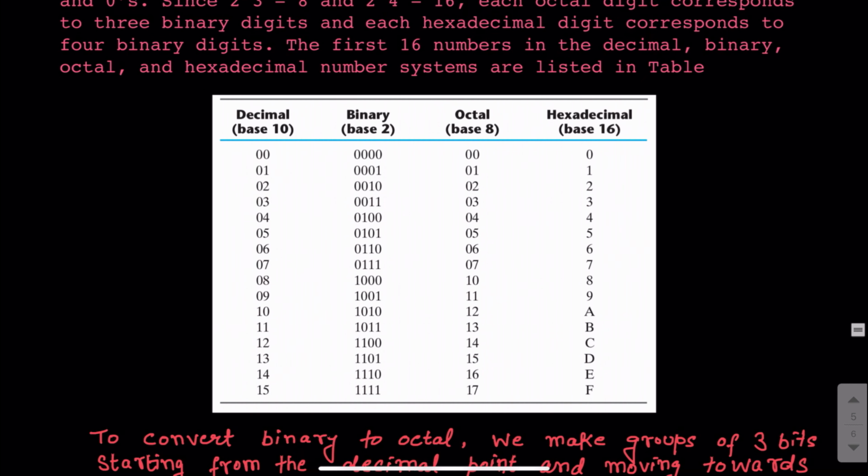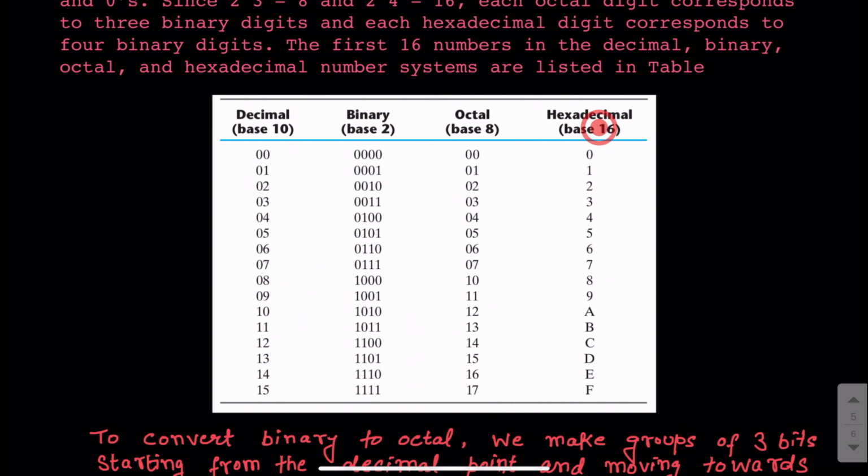What are we doing in this table? You can verify this by starting in this way: these are the decimal numbers given to you from 0 to 15, and one by one we try to convert them to binary. So you know how to convert decimal to binary, so you can verify each one of them. Then we also know how to convert decimal to octal, and I know the first 8 digits would be the same, that is 0 to 7, but beyond that I'll have some significant conversion from decimal to octal. You know the process, we can even verify this.